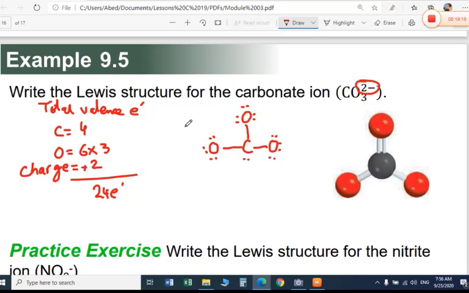Just to help you here, this is outside 6, this will be 6, and this will be 6, and this carbon, if you want total 8, so this will be 26. So this is 2 more than 24. So what we have to do, we have to give a double bond. This is the best place to give the double bond. You can give here, no problem, by deleting 2 electrons from each side of the bond. Because I want to show its symmetry, we have to remove these 2 electrons and these 2 electrons.